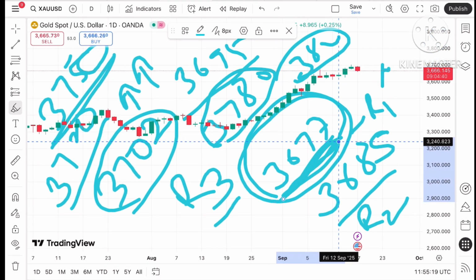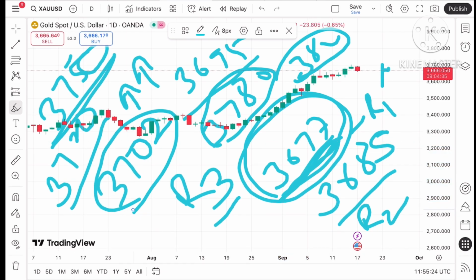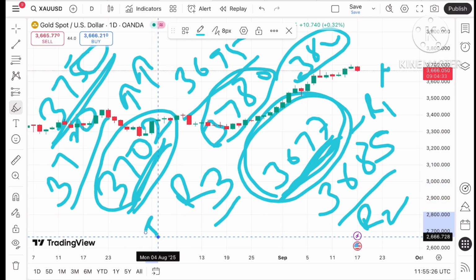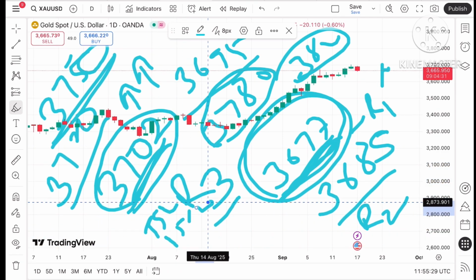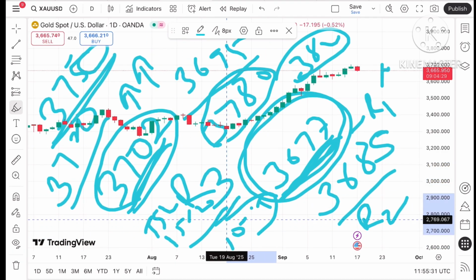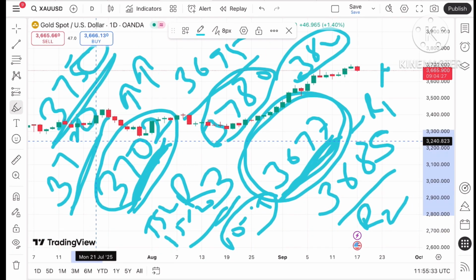Keep in mind that if a level of 3677 sustains, we can see a further upside, and once it started going above a level of 3702, you can trail your stop loss $15 to $20 or $10 to $15. So if the price moves above this level, it can move towards